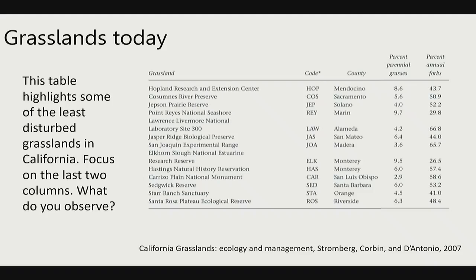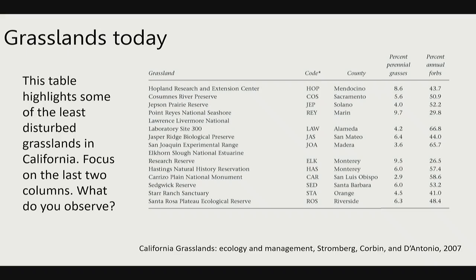So don't worry too much about this. These are names you may or may not recognize. But take a look at these last two columns, right? These percentages. This is how much of the landscape was covered by each of these types, right? So take a look. Anyone able to look at that and have a thought? Does this sort of support one hypothesis or the other? By looking at this data, at least, do we think that historically it was more dominated by perennial grasses or forbs? I believe in you guys on this one.